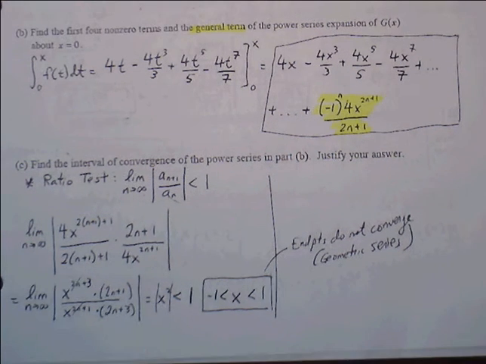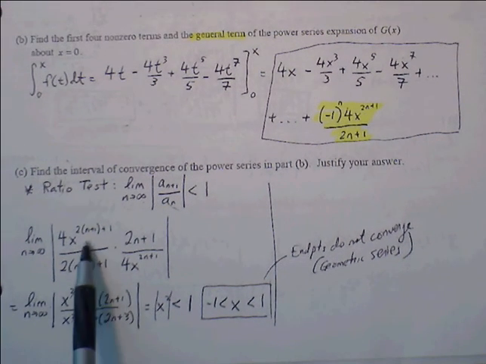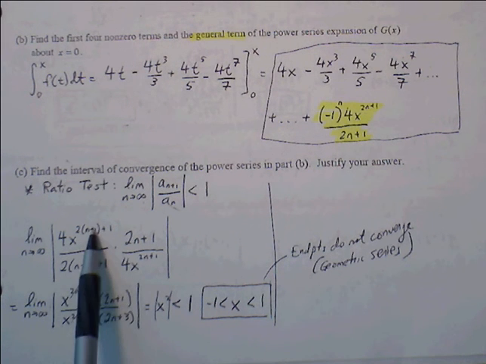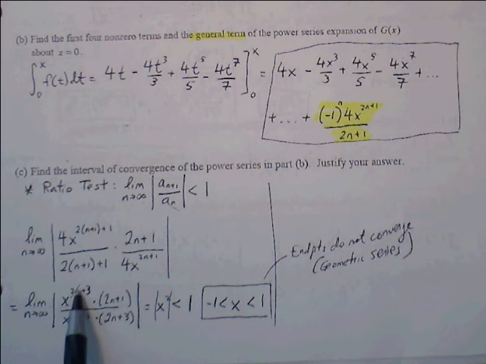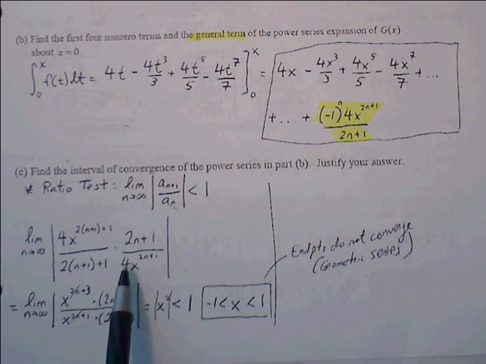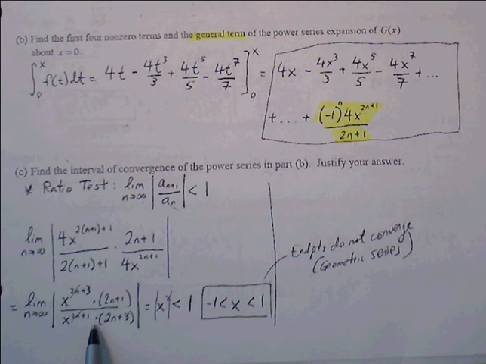And if we expand this, we get 2n plus 2 plus 1, which is 2n plus 3. And then here in the denominator is also 2n plus 3 times 2n plus 1. The 4's cancel out. X to the 2n plus 1 cancels out with 2n plus 3, with the remaining x